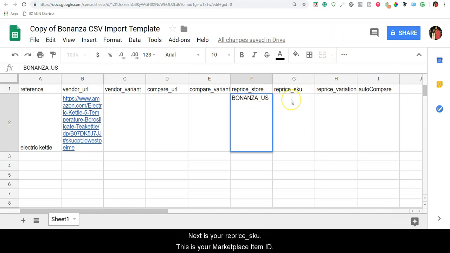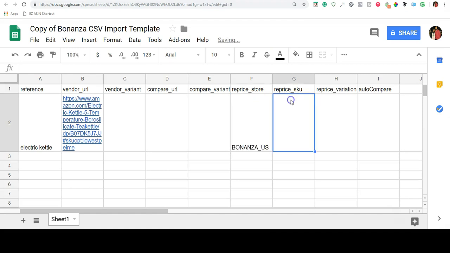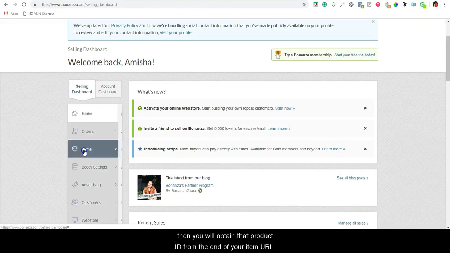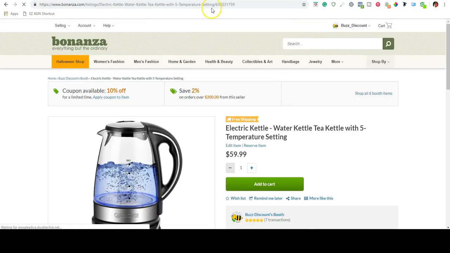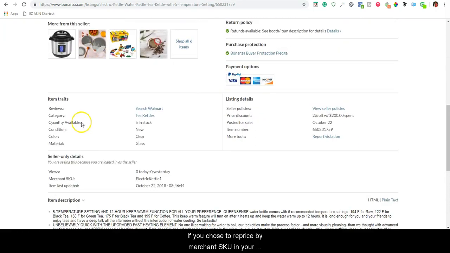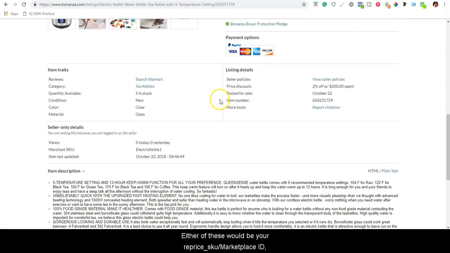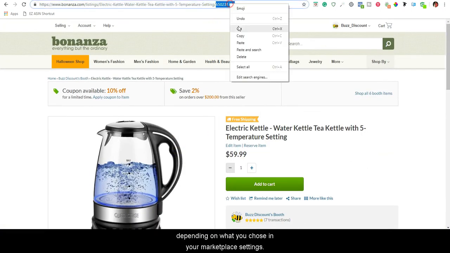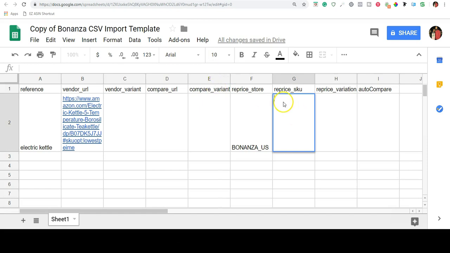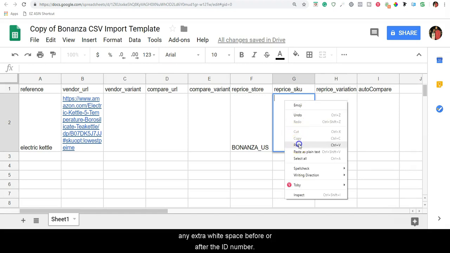Next is your reprice_SKU. This is your marketplace item ID. Previously, you should have configured your Bonanza marketplace settings. If you choose to reprice by product ID, then you will obtain that product ID from the end of your item URL. Or if you choose to reprice by merchant SKU in your settings, then you can scroll down on your Bonanza product page and you'll see merchant SKU displayed. Either of these would be your reprice_SKU / marketplace ID, depending on what you choose in your marketplace settings. Place in your marketplace ID and be sure not to copy in any extra white space before or after